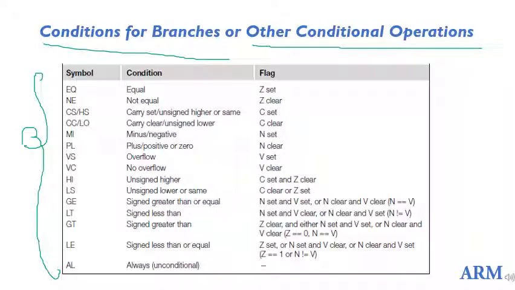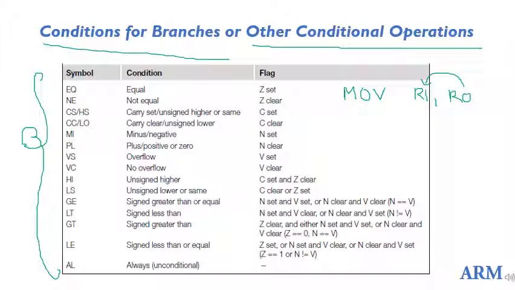As you see, these are the different conditions that will be based on the value of the status flags, and these status flags will be changed depending on the result of the previous operation. So for example, the basic data transfer instruction is move. If I write MOV R1, R0, then this instruction is going to copy the content of R0 into R1.